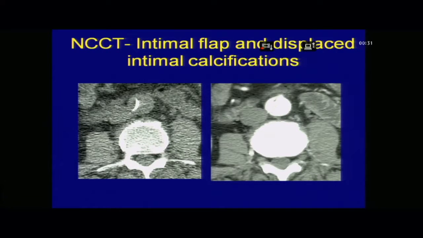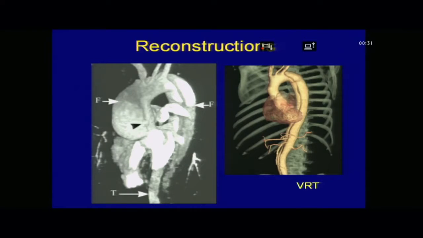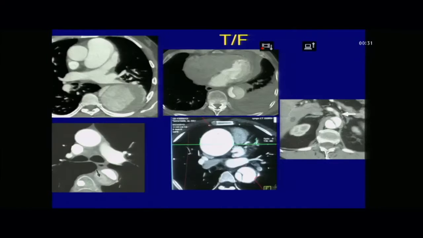On non-contrast CT, just like in a type A dissection, you can see the medial displacement of the intimal flap. You can see the flap on the contrast enhanced CT. The tear can be identified. You can see the true lumen, the false lumen, and on the gated scan, just like for the type A, you can have the sagittal oblique view. You can see the spiraling of the flap, true and false lumen. Reconstructions are the same as we do for the type A: the volume rendered, the MIP projections, and the multiplanar reconstructions.